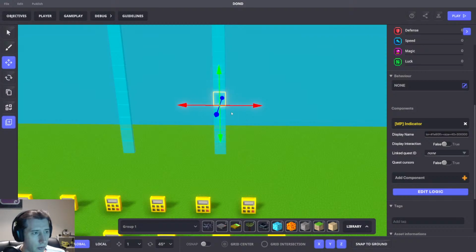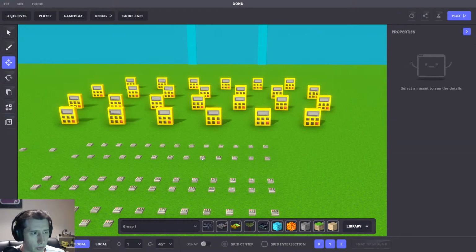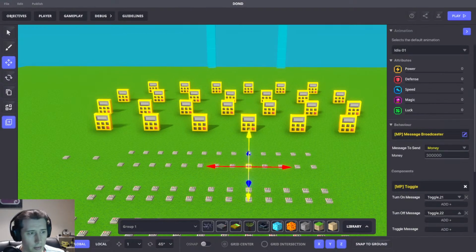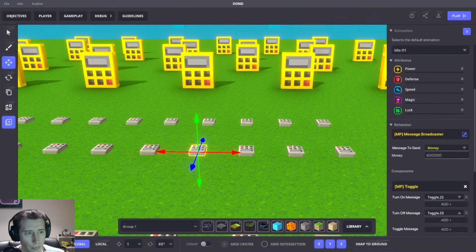So we've got 1, 2, 3, 4 left. 1, 2, 3, 4. So we'll just make sure this is 300,000. Yes, it is. Okay, we're going to move on to the last 4, which is 400, 500,